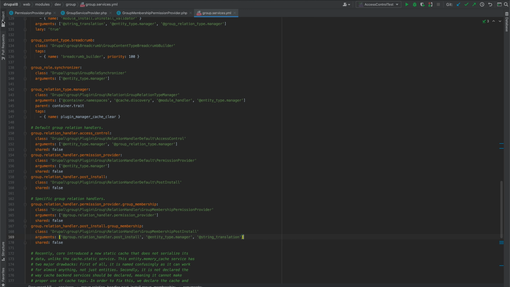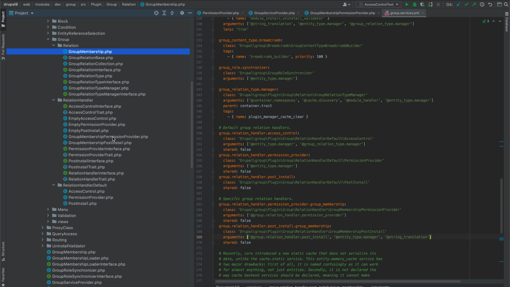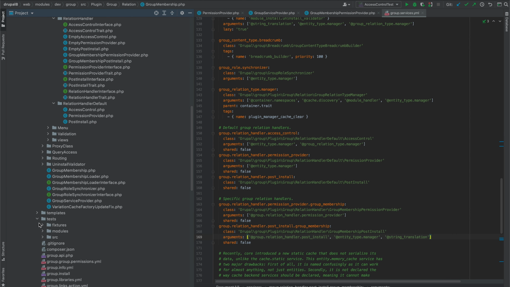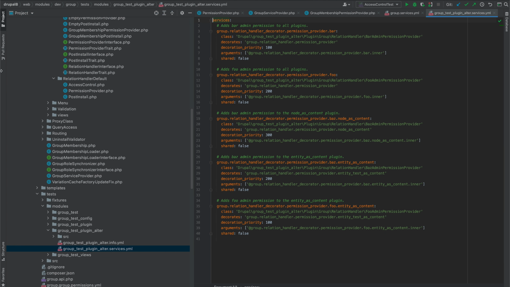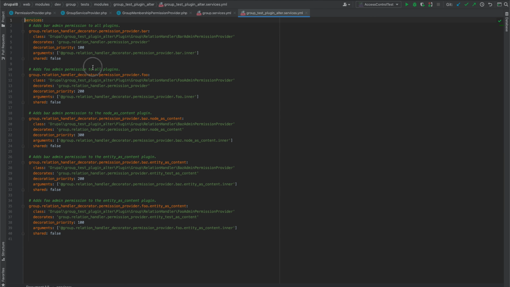And in order to demonstrate that, I need to go into the tests where I'm testing this behavior, and we have this alter plugin, and we look at the services file there. Let's close this. So you can see that in order to decorate something, you can decorate both the default handler or you can decorate a specific one, as I demonstrated in my slides. And here, for instance, we add a bar admin permission. It's tests, so it makes no sense,